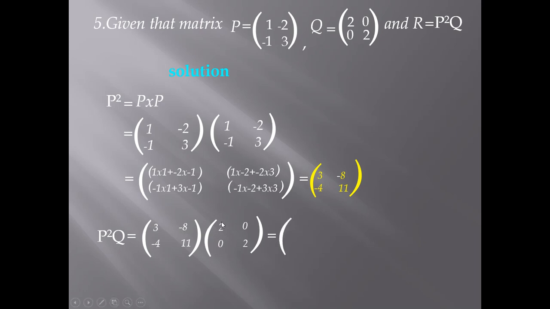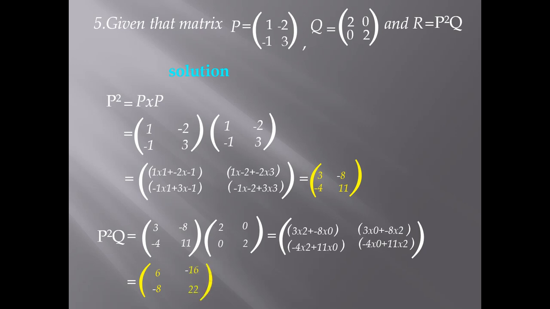So 3 times 2 plus negative 8 times 0. Then negative 4 times 2 and then 11 times 0. We proceed to this now. 3 times 0, negative 8 times 2. Then negative 4 times 0 plus 11 times 2. We now compute to have 6, negative 8, negative 16, and then 22. So our matrix P squared Q is 6